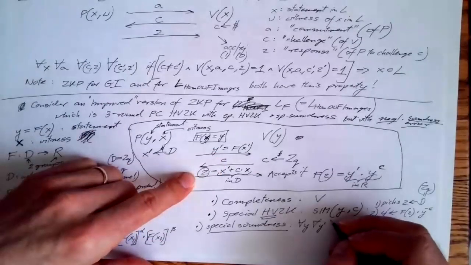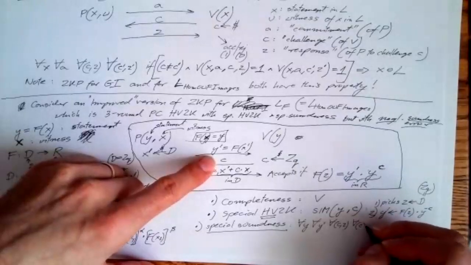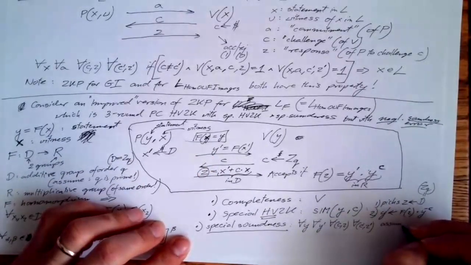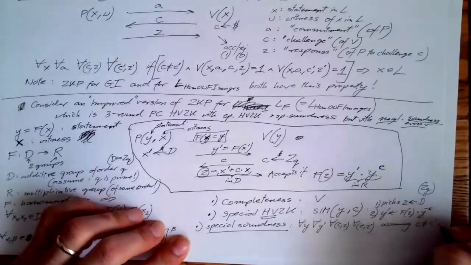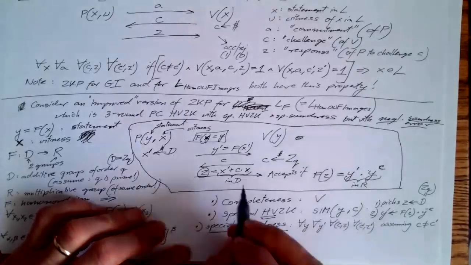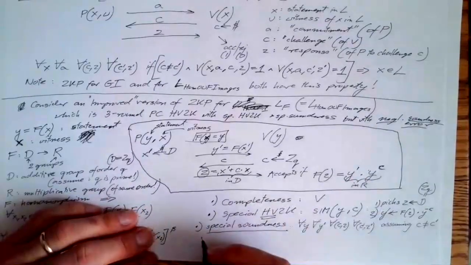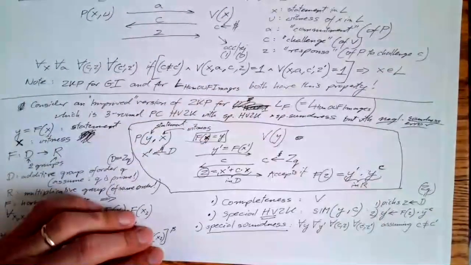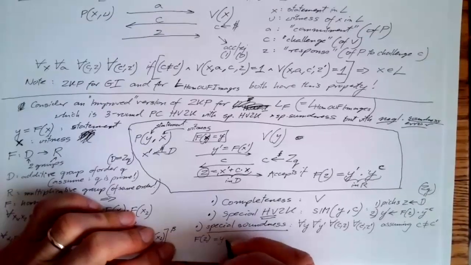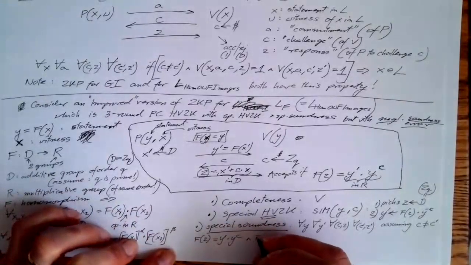For every interaction CZ that is accepting, and for every alternative interaction which is also accepting, and assuming the only thing that these two differ in is the challenge, let's see what follows if both CZ is a challenge-response tuple that leads the verifier to accept, and C prime Z prime is also such a tuple. So what would have to be if they are both accepting? Well, if the first one is accepting, then you know that F of Z is Y prime times Y to the C. If the second is accepting, then F of Z prime,